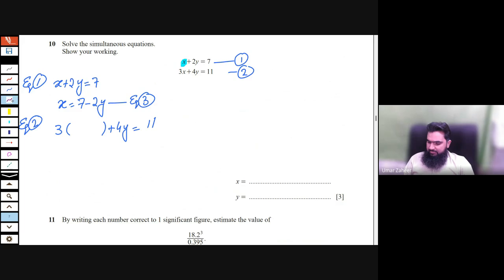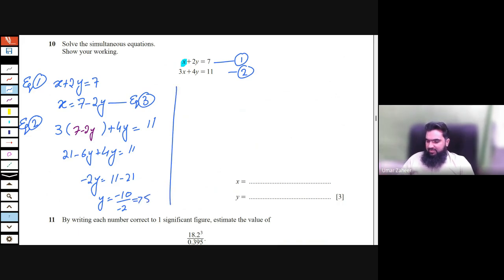The x value is 7 minus 2y. 3 times 7 is 21, 3 times 2 is 6, plus 4y is equal to 11. Minus 2y is equal to 11 minus 21, which will be minus 10. Minus 10 divided by minus 2,